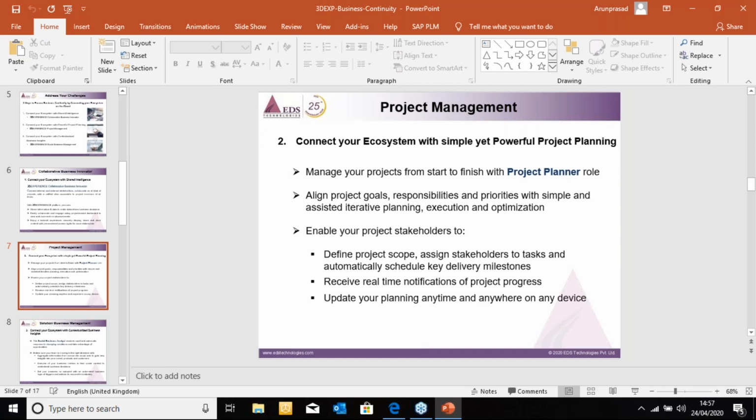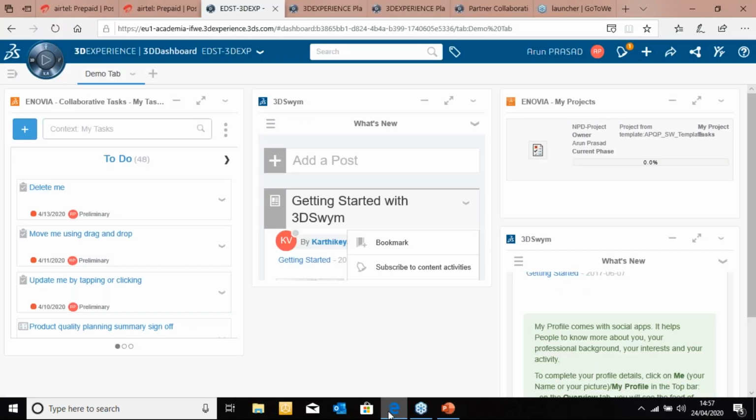I will also show you how the project planning can be done. You have a dashboard visibility about each and every project with actual versus estimated timelines, and all this necessary information sitting at one single place, no matter whatever your situation is, whether you're in office, outside the office, on a business trip, or in a customer meeting. You will still have access and stay connected to all the business operations and the office related activities. So let me again take you back to my 3D experience platform. Let me demonstrate to you how the project planning and project related deliverables are accessible.